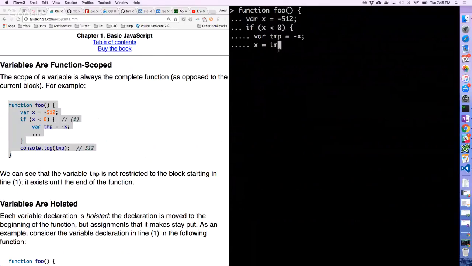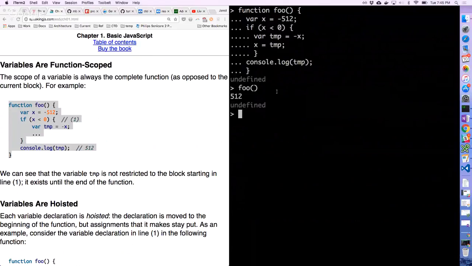X equals temp, I think. So that x is now some new value. Blah, blah, blah, whatever else you want to do. And then they did console.log temp here, right? If we call foo, what we get out is